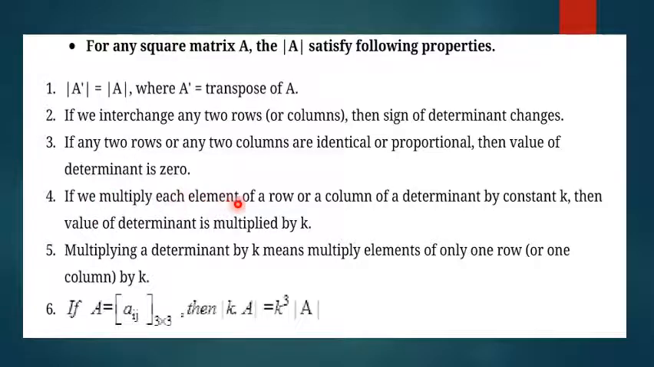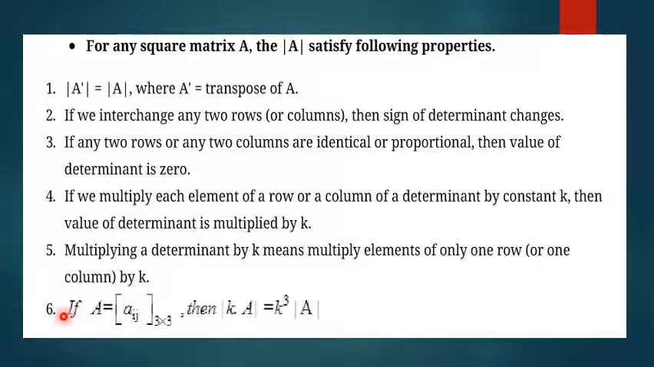If we multiply each element of a row or a column of the determinant by a constant k, then the value of the determinant is multiplied by k. Okay, elements of any one row or any one column, if you are multiplying them by k, then after evaluating, whatever value we get is definitely a multiple of k. Okay, then fifth is multiplying a determinant by k means multiply elements of any one row or one column by